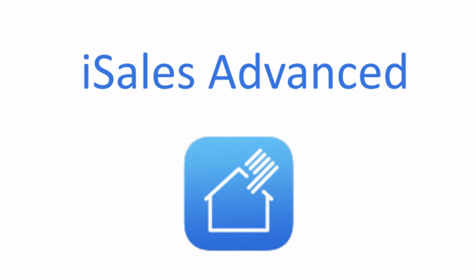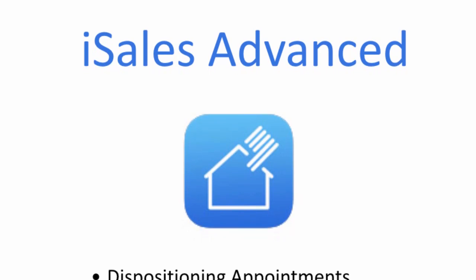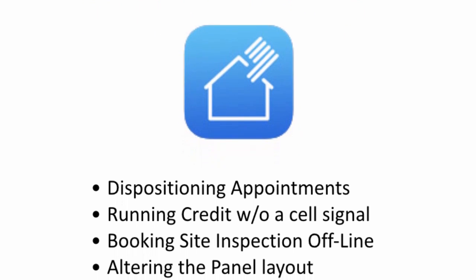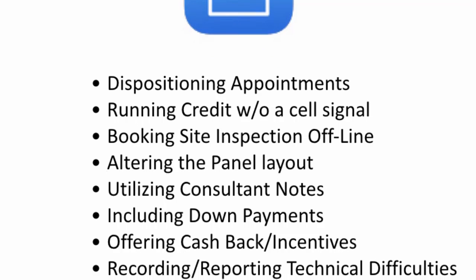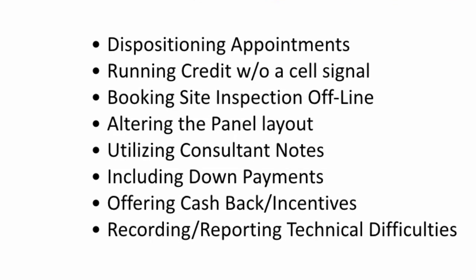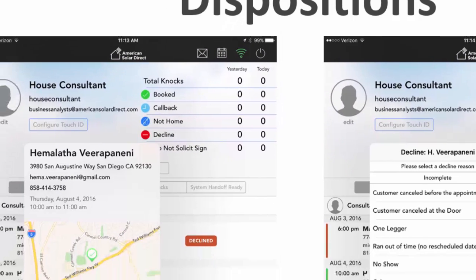In this video, we will review some of the more advanced features and troubleshooting processes in the iSales app. The topics we'll review are dispositioning appointments, running credit without a cell signal, booking site inspection offline, altering the panel layout, utilizing consultant notes, putting in a down payment amount, selecting cashback, and how to record and report any technical difficulties. Whenever you have an appointment, regardless of the result, you must disposition that appointment so that it is updated